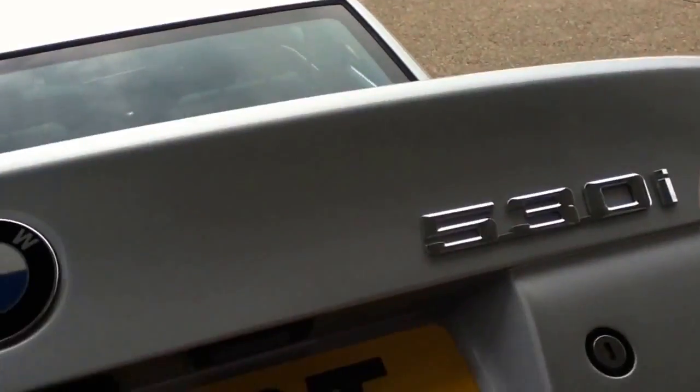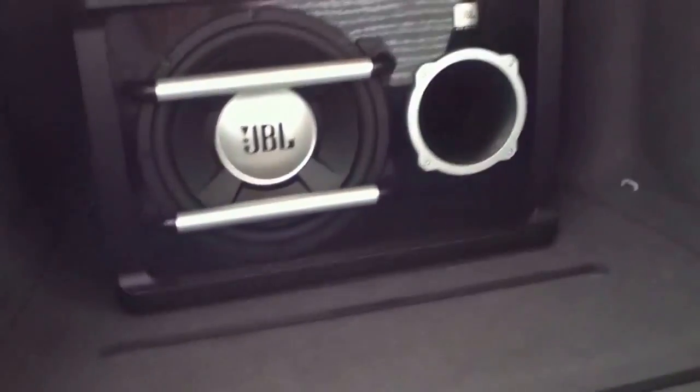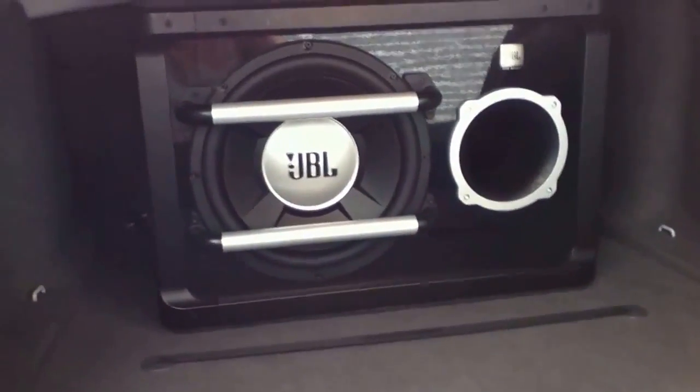Okay, well let's move to the back of the car. Let's just do the audio setup, because as you know I was looking to buy a Dice Media bridge for this car, but I thought, why put the Dice Media bridge in just yet when the sound system is so poor on this car? Let's upgrade that first. Now this car doesn't come with DSP, so I got a company to install a sub